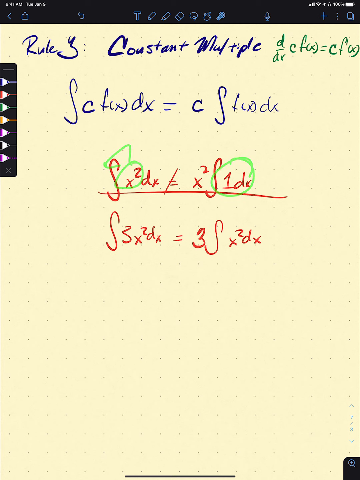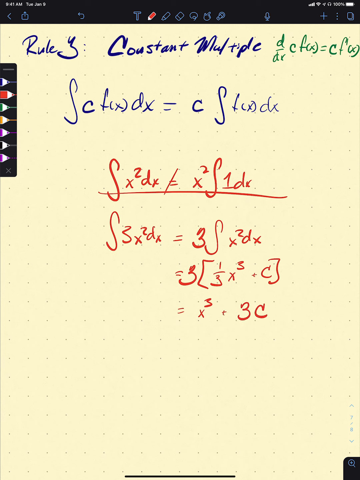And then the antiderivative of 1 is just x plus c. But again, that's not the case, and it's a super easy mistake to make. And we can work this guy through, right? 3 times, well, what's the antiderivative of x squared? It's going to be 1 over 2 plus 1, so 3, x cubed plus c. And then when we distribute in this 3, we're going to get x cubed